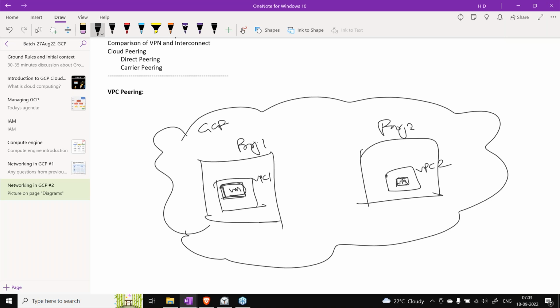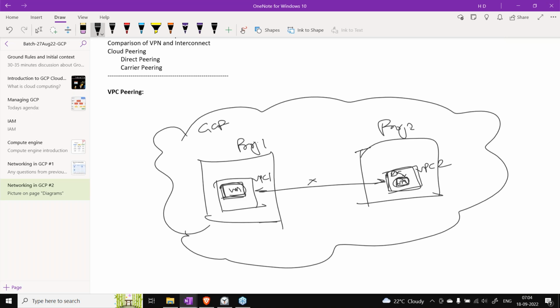Now we know, by the network isolation that we discussed yesterday, that any VMs or resources outside the VPC perimeter cannot talk to each other. As long as they are in the same VPC, they can communicate. Of course, if there is another VM in the same VPC, they can communicate with each other. But this particular VM cannot talk to this VM on the other side in another VPC, because it is outside the perimeter.